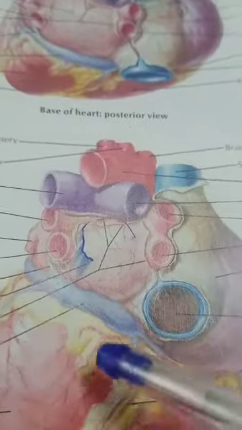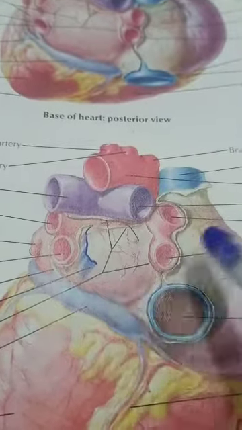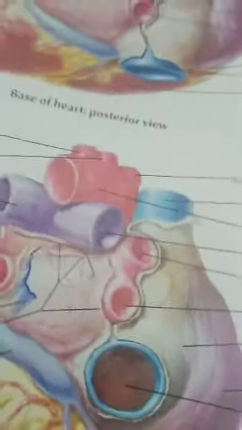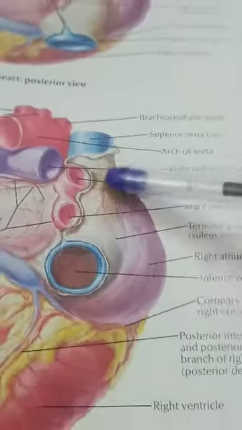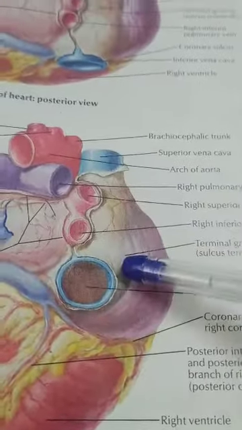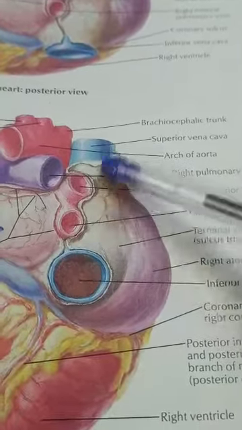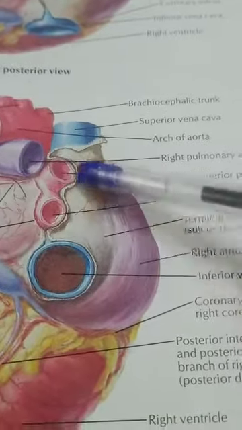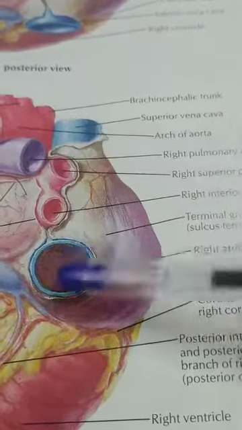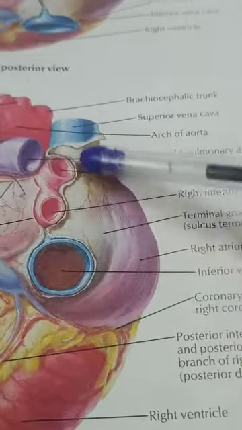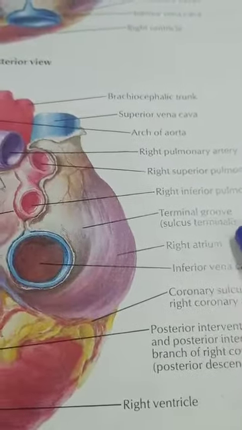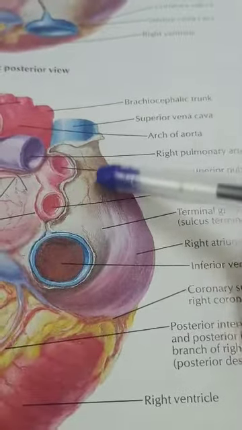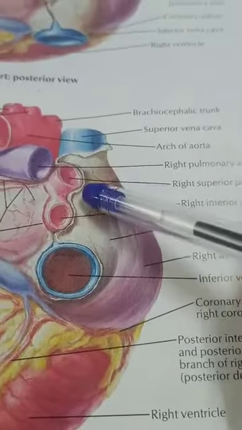Inner portion, the place of the groove, there will be septa, which separate the cavity of the chambers. And features of the right atrium. So this is the right atrium, you can see. Externally towards the right side, we can see a depression or sulcus between the opening of superior vena cava and the inferior vena cava. This is known as sulcus terminalis. In the upper part of the sulcus terminalis, we can see the SA node.